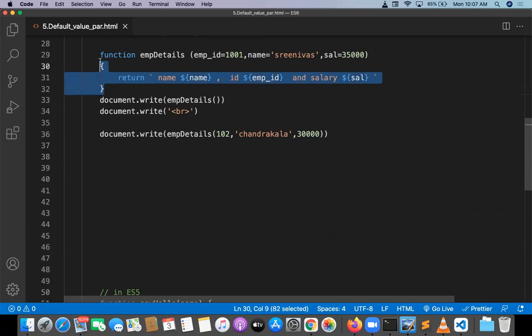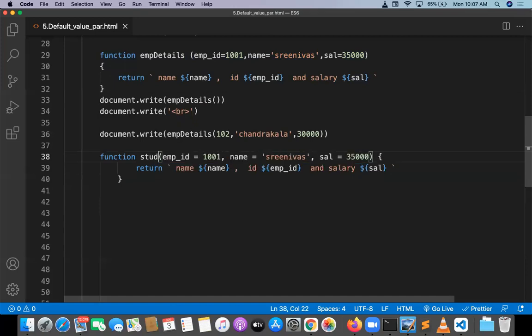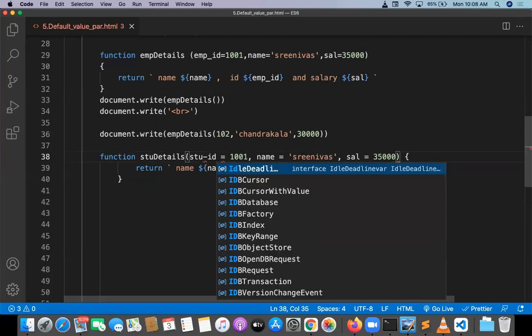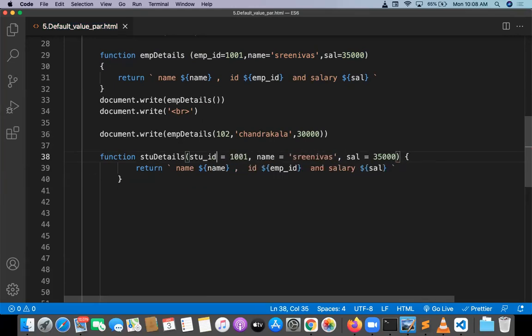So I'm writing one more function now. This function is studentDetails. In the student details, I'm going to write something, and student ID is going to change every time. So you can take an underscore. Student ID you can change every time, comma, the name you can change every time, comma, and the marks for the students.